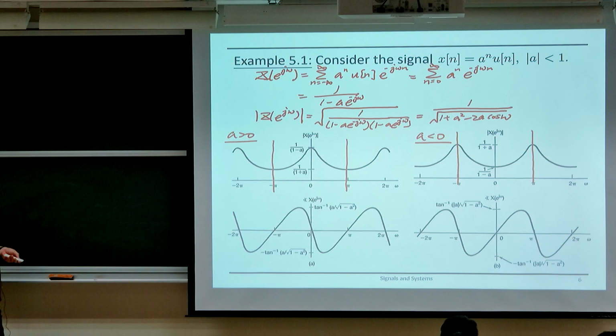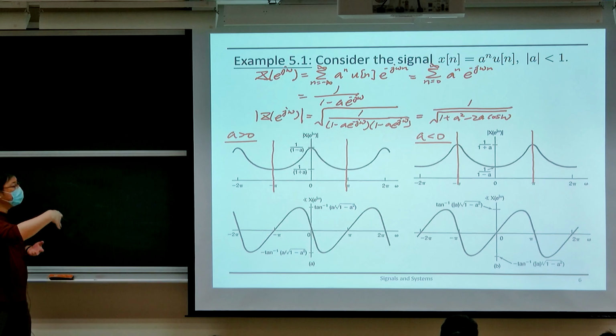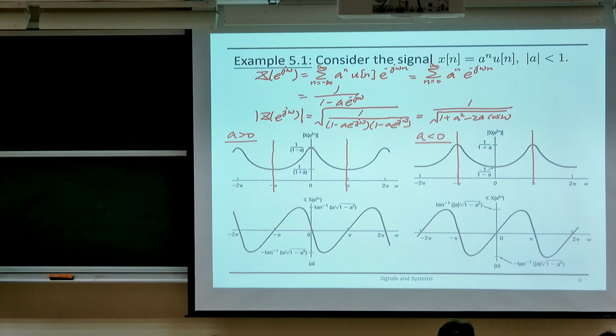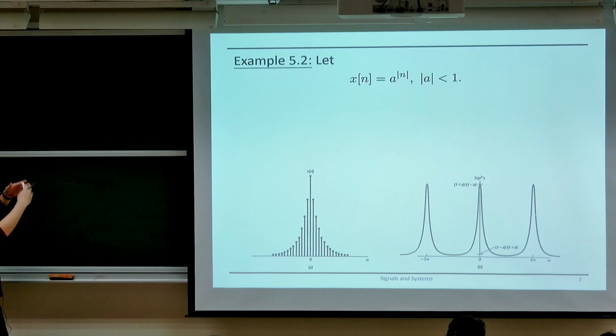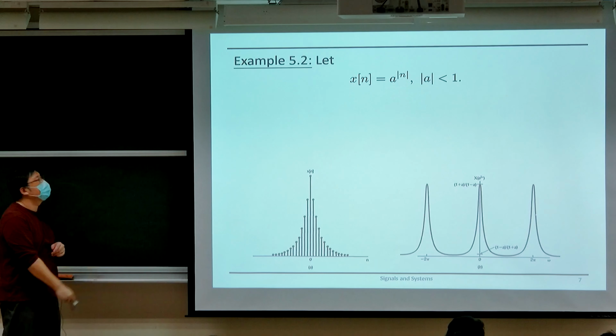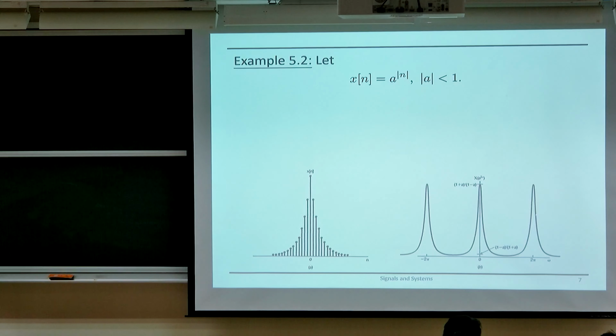Now in the next example, this is for a single-sided decaying exponential, analogous to the single-sided decaying exponential in the continuous time case. Right? So in the continuous time case, we also looked at this double-sided decaying exponential, which is analogous to this in the discrete time case. Okay. So for this, what is the spectrum? Okay. You can write this as the summation over n of a to the absolute value of n, e to the minus j omega n.